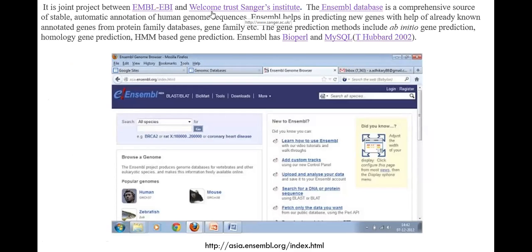It consists of sequences called Ensembl sequences, a comprehensive source of stable automatic annotation of human genome sequences. It helps in predicting genes and genomes and different gene family databases. It is also called ab initio gene prediction, homology gene prediction, and HMM-based gene prediction models. These concepts, gene ontology and gene prediction, we need to study at the end of unit 2. We will study that.